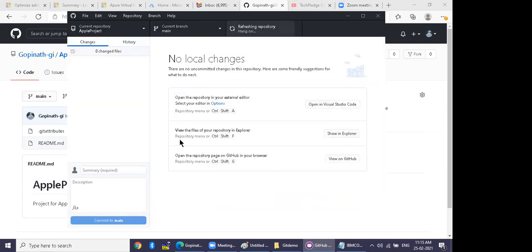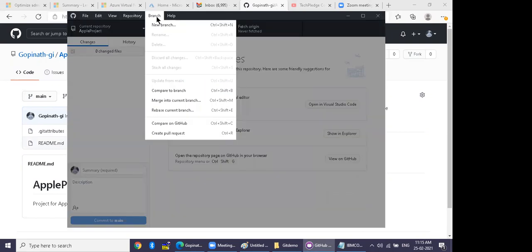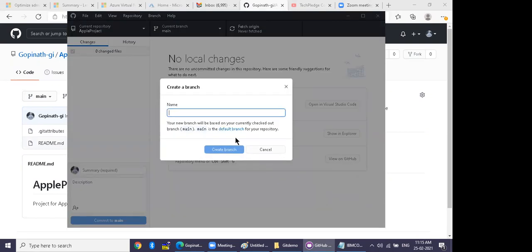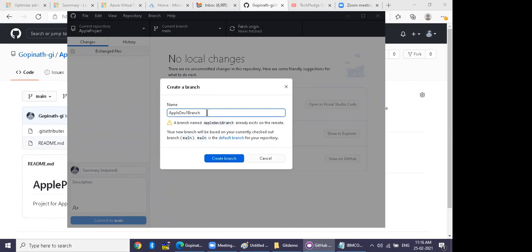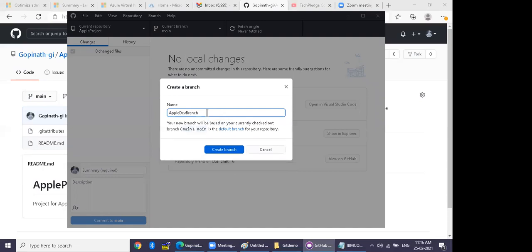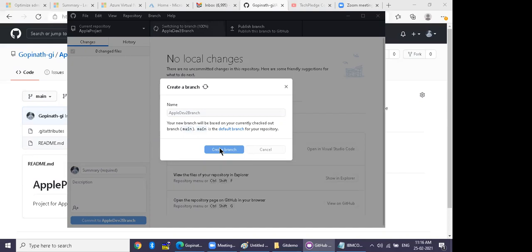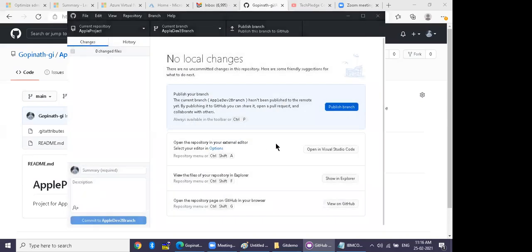Click branch, new branch. Clone and then create a branch.